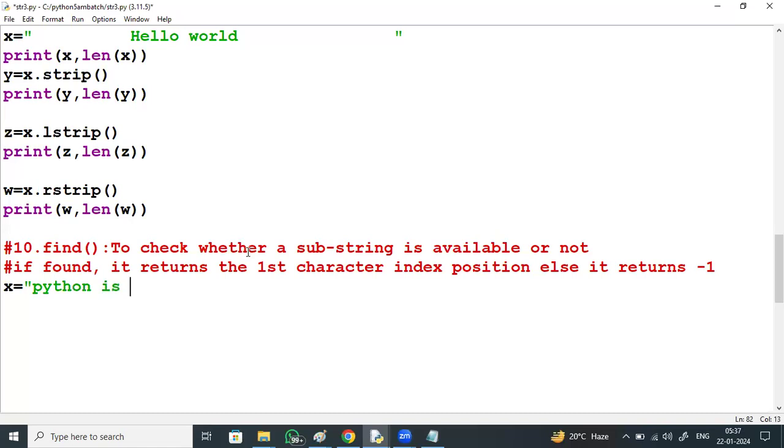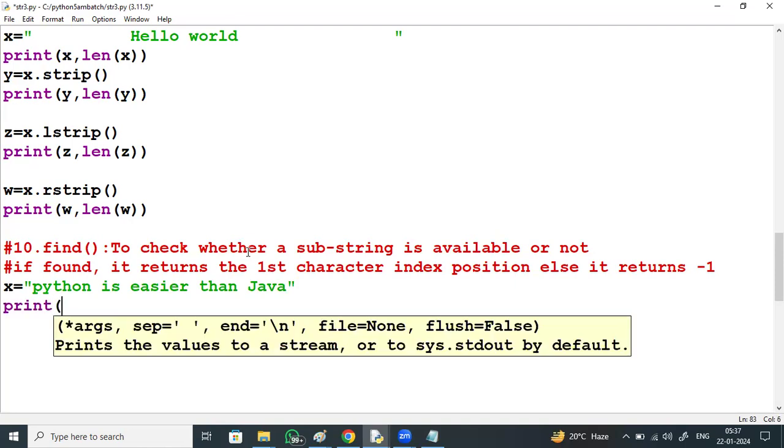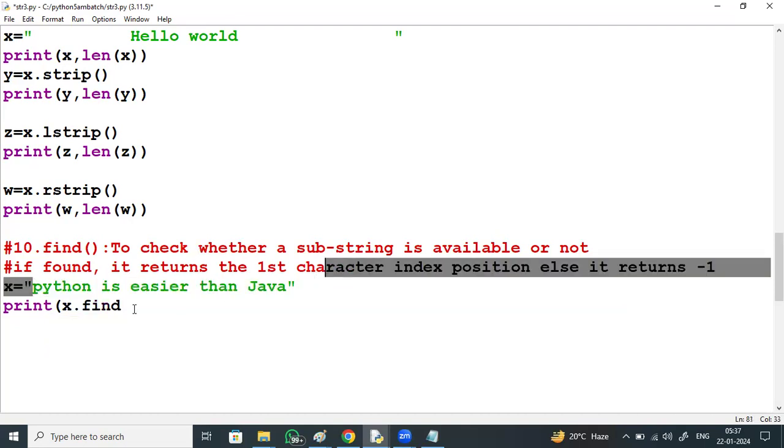Python is easier than Java. Check whether the word Java is available in the string or not. Print x dot find for the word Java. X is the string name. In this X string, find for the word Java.